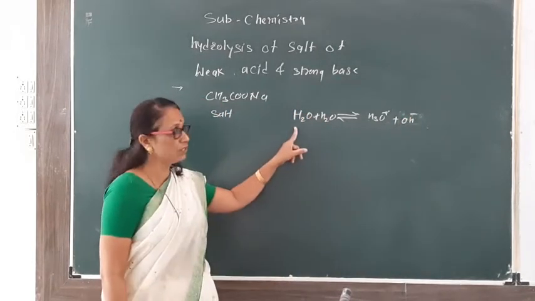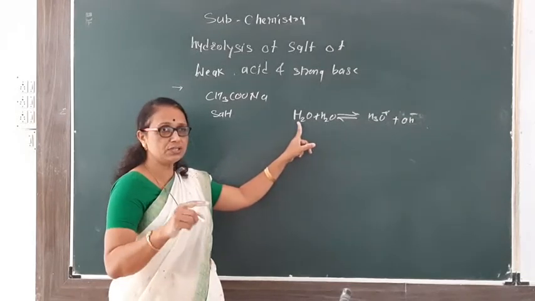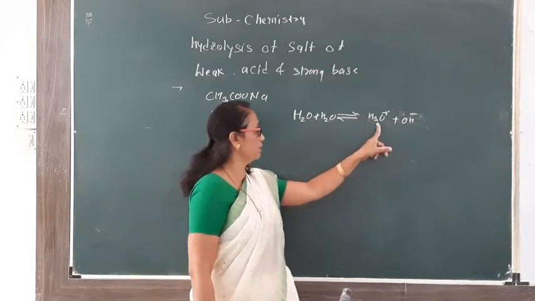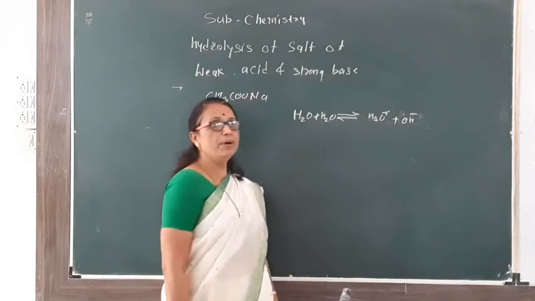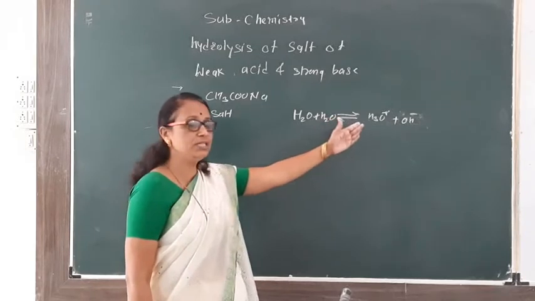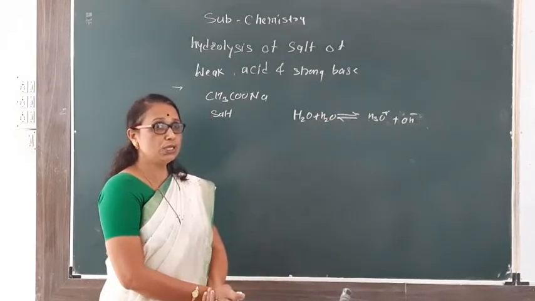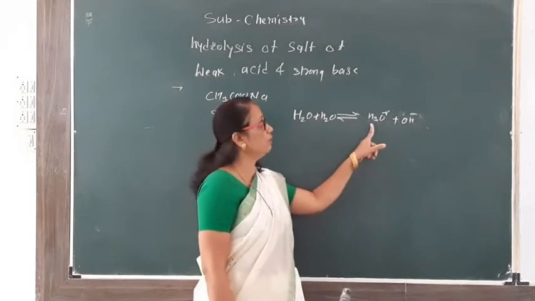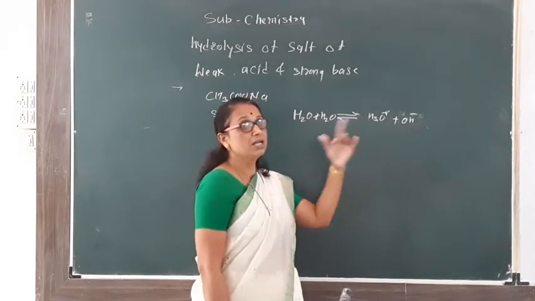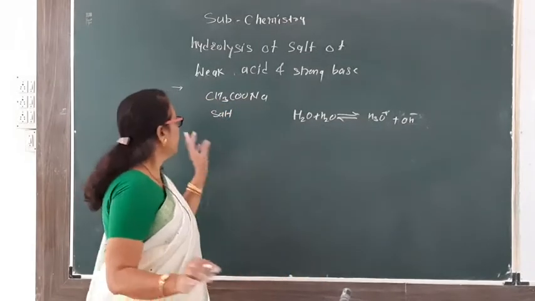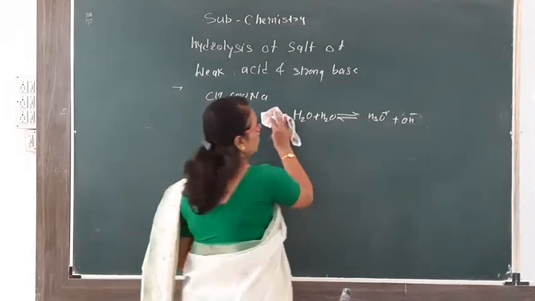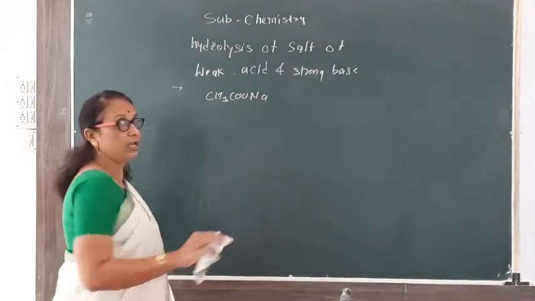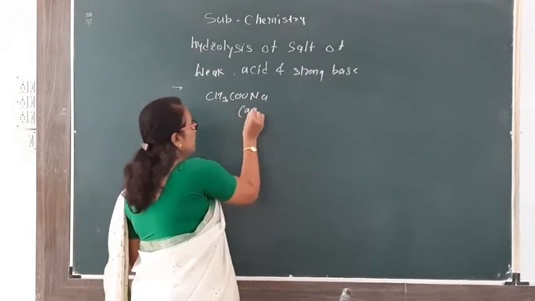पण बघितलं पहिल्याच लेक्चरला याचं कसं होतं, H2O चा डिसोसिएशन H प्लस, OH मायनस. That H plus combines with H2O to form the H3O plus and OH minus, but the concentration of H3O plus is equal to OH minus in neutral solution. If concentration of H3O plus is higher, then it is acidic. If concentration of OH minus is higher, the solution is basic. In case of this salt, CH3COONa, sodium acetate is the salt.